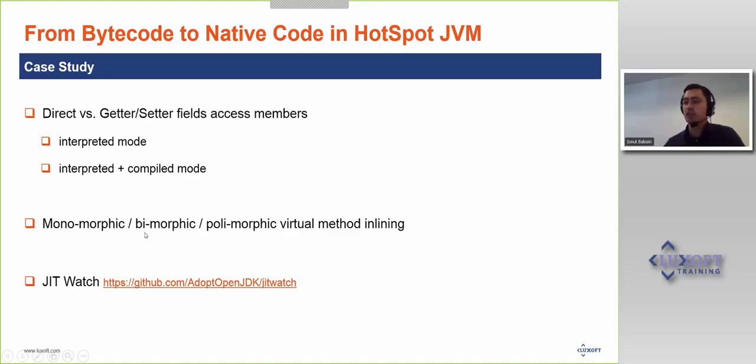Monomorphic, one implementation; bimorphic, two implementations; and polymorphic or megamorphic are when there are multiple implementations for the same virtual method. And at the end of the case study, I will show you a really useful tool called JITWatch. Based on it, you can easily spot the assembly code. Let's start with the first